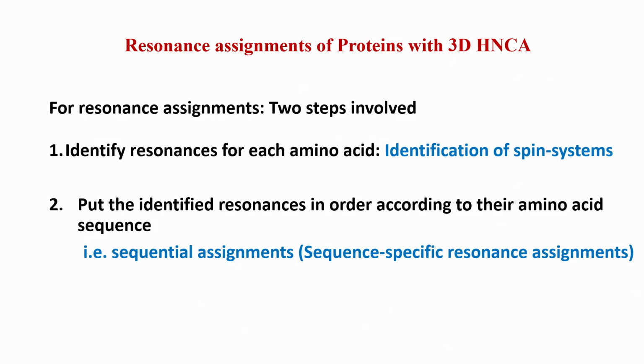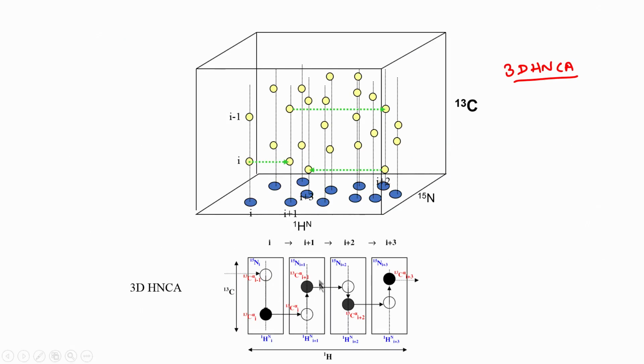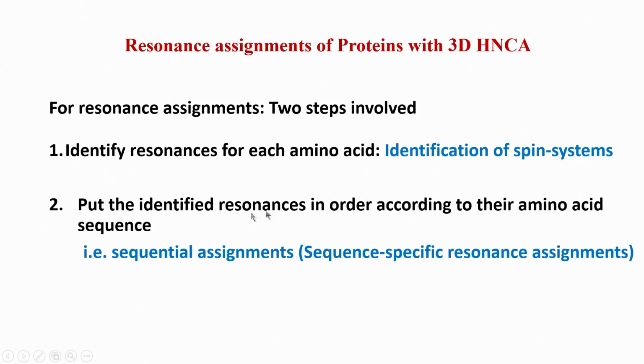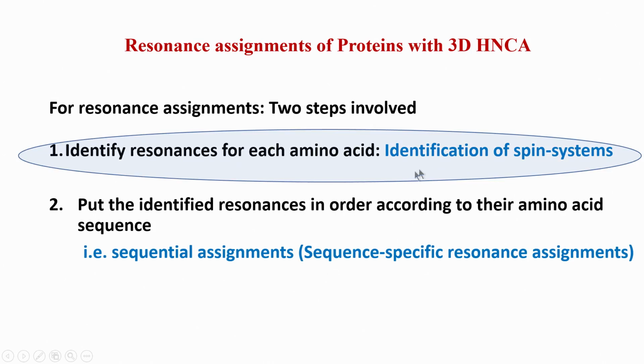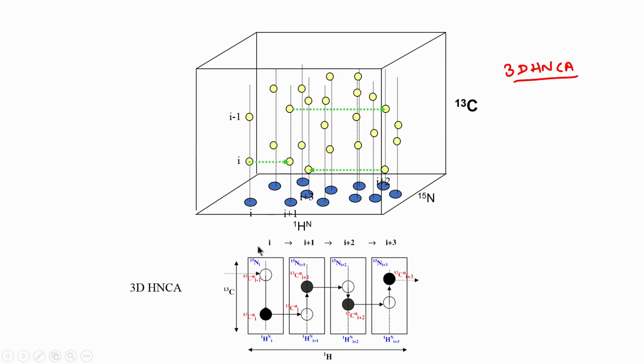Now, if you see what we have achieved with this whole procedure, we have achieved actually the second step. We have identified the sequence in order, but we have not got the spin systems. Why? Because look at it here, I am only talking about some I. I do not know what spin system this I is. Is it a glycine? Could this be a lysine? Could this be an arginine? Could this be an aspartic acid? We do not know any of that information from this exercise. So this whole exercise is only giving us a connectivity pattern between amino acids.